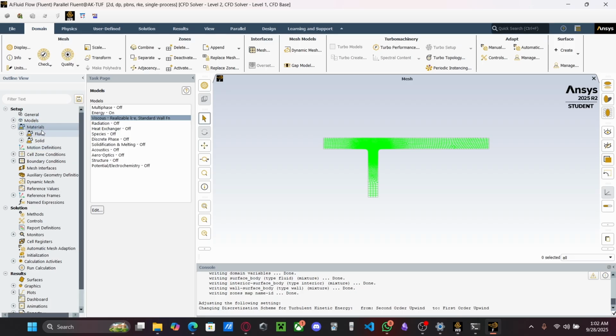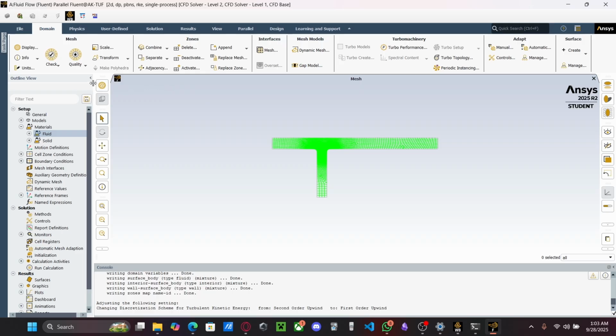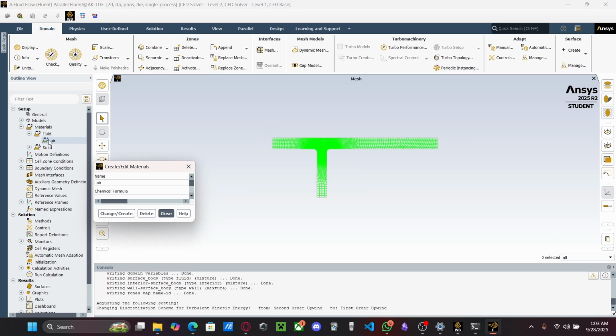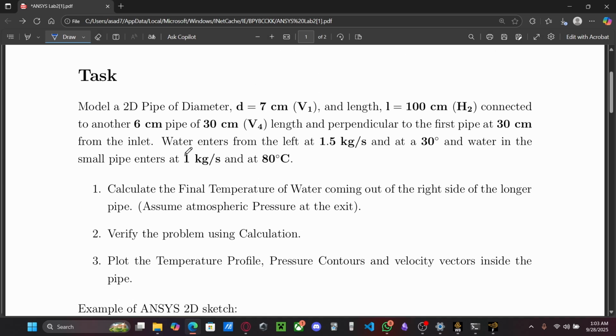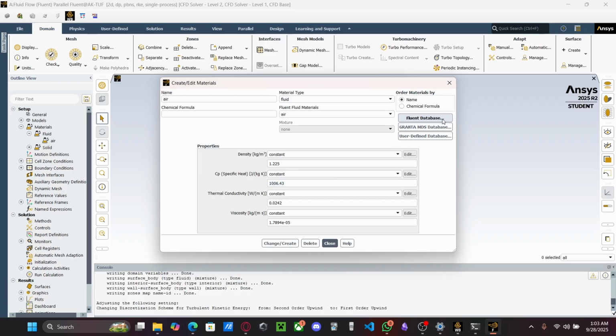Now let's look at the materials we have, and especially the fluid we care about. So let's click on fluids. Let's open the task page again. So now this fluid part we care about is we want to add more fluid. So if we look at this fluid, we have air. Now if you remember what the question was asking, the task was for what? Water, right? So we need to add water to the database. And how can we add them? We have to go to the Fluent database. So click on